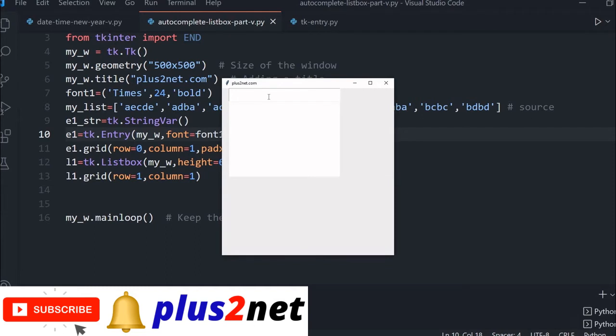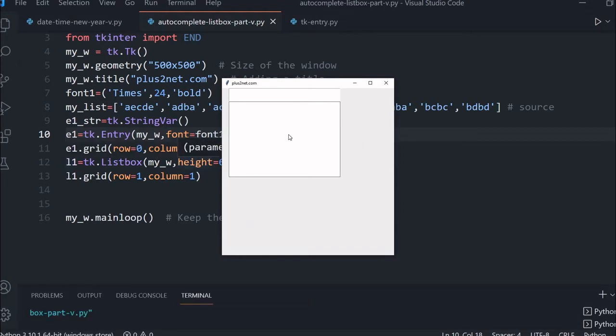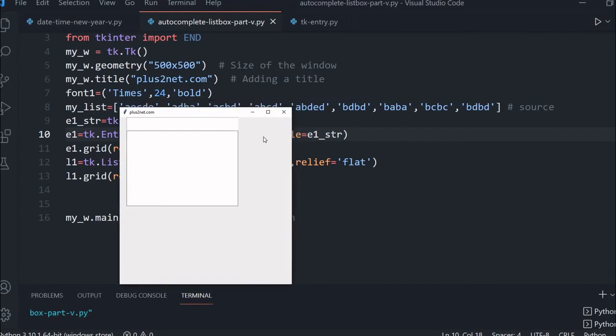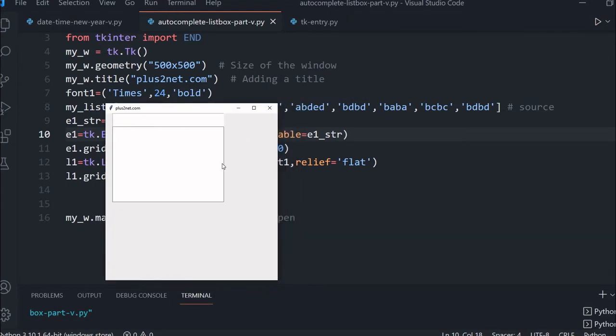Here it is. You can see here is the entry box. This is my list box. The list box is here. You can see this list box. I want this color to have the window color. It should be flushed, and this border also should not be there. If I change my relief also to another value, here you can see I have given flat, not elevated or anything. So that is why this is coming.